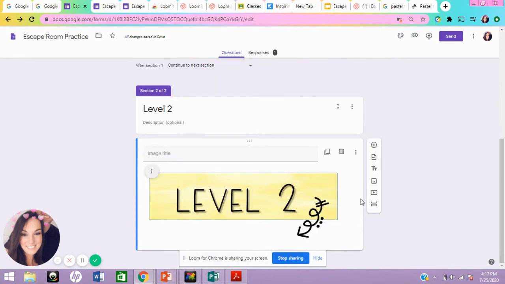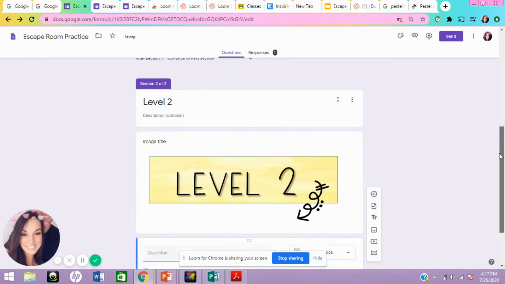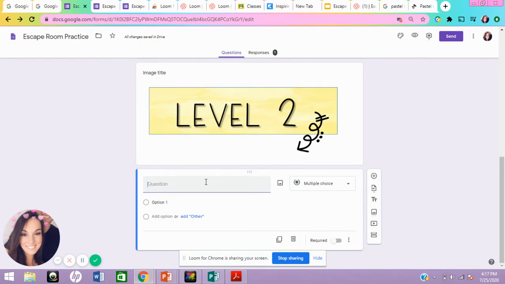There are lots of ways to customize your Google Form, so you can play around with these different options. This is just one way to do it. After I've added in my image, I'm going to add in another question, and that is where they're going to be placing their secret code. So I'm just going to type in secret